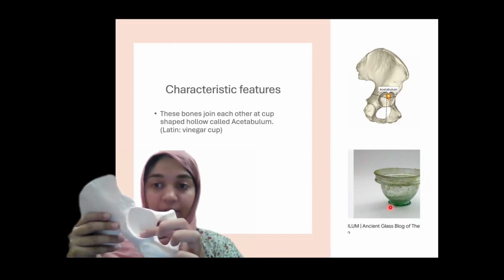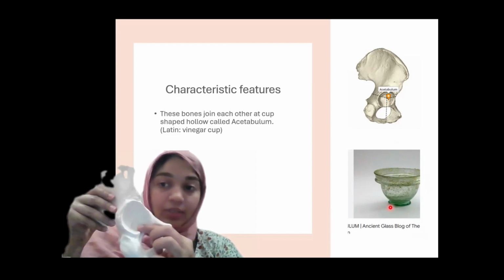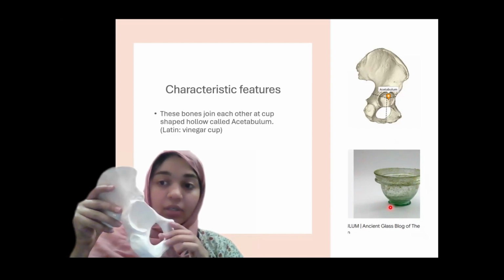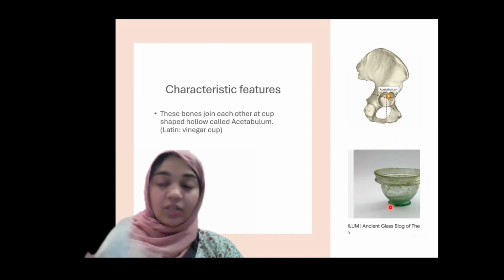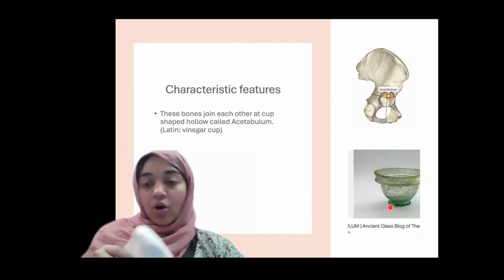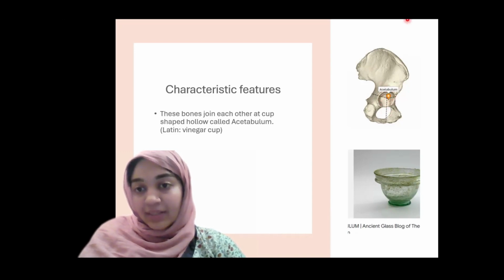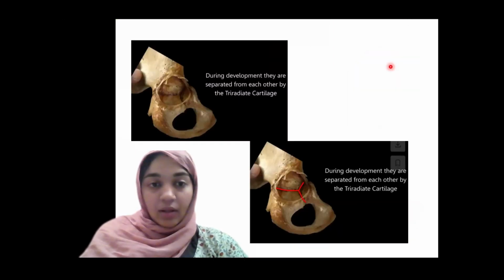This is the acetabulum. Now, the acetabulum is very important because when we talk about the ilium, the pubis or the ischium, we need to see how many parts of the acetabulum are formed by that bone. As you can see, this is the ilium bone, and 2/5 of this ilium bone is forming the acetabulum. So the acetabulum is 2/5 formed by the ilium bone above.